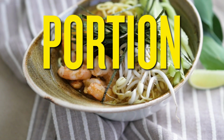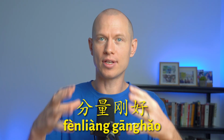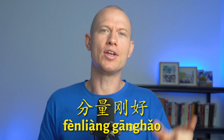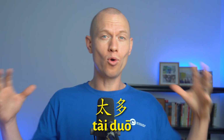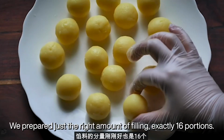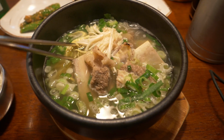So this first one here is about the portion size. So you could say 分量刚好. 分量 is the portion or the amount of food that you get, and you could say 刚好, which means just right. Or if you like, you could say 太少, like not enough, and 太多, too much. 馅料的分量刚刚好，也是16个。